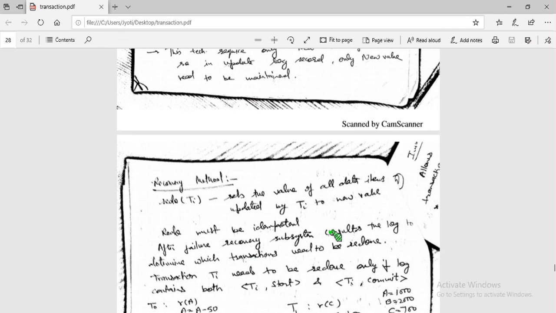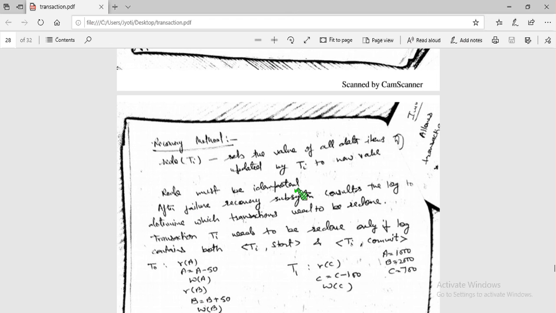After failure, the recovery subsystem consults the log and determines which transactions need to be redone. It sets the value of all data items updated by Ti to the new value. Redo must be idempotent, meaning it is complete, not half. It cannot be done in half.